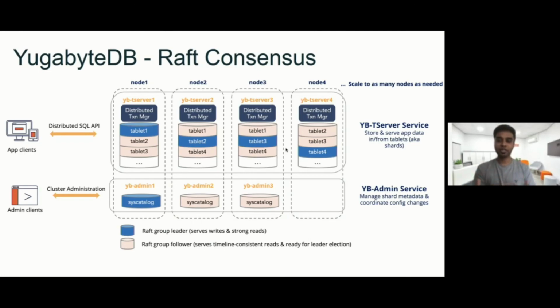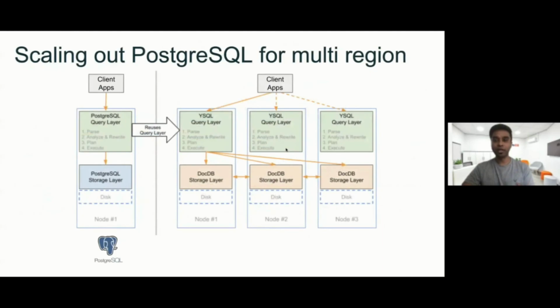So in Raft consensus, each shard will have a leader and followers who form a Raft consensus ring and provide high throughput and highly consistent reads and writes for your distributed relational workloads. This is how they are able to shard your data set itself so that they can scale linearly. But how do they provide the relational database capabilities, right? The entire capabilities. The way they are able to do that is by reusing the entire upper half